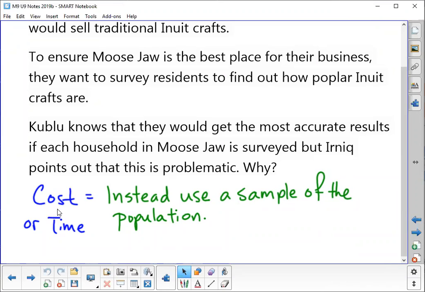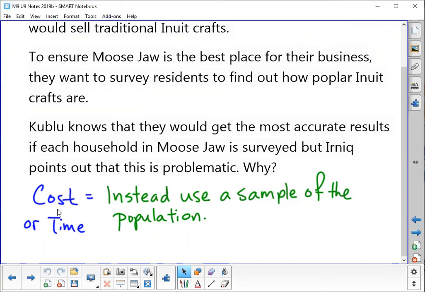It is going to cost a lot of money. Unless these two people by themselves spend their own time canvassing everywhere, door to door, they're going to have to pay for someone to help them, right? And even if they use their own time, well, that's time that they can't spend working and making money. So it costs them as well, just more indirectly. So instead of using a population, pick a sample size, a smaller group of people to poll. And we'll talk about that next week.